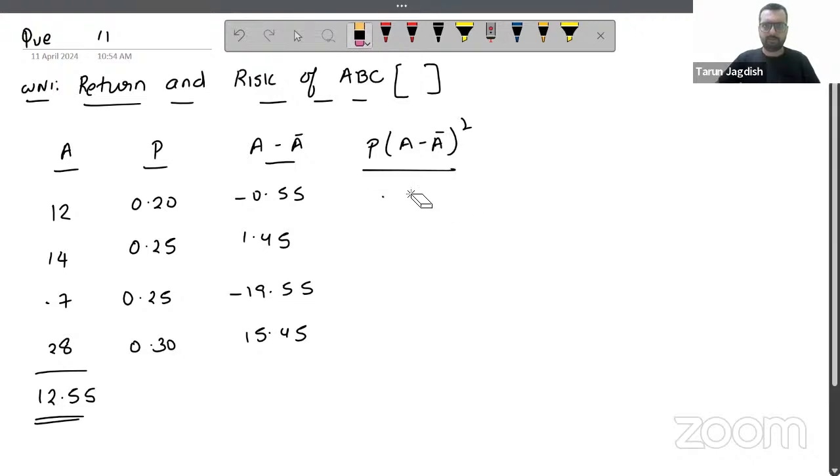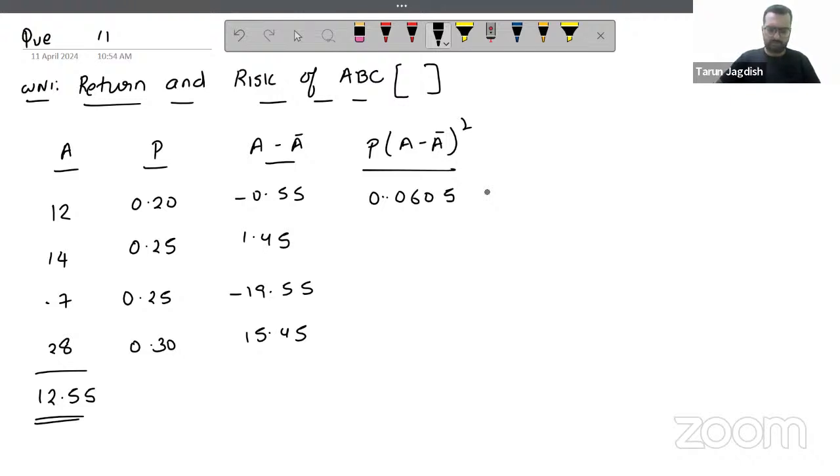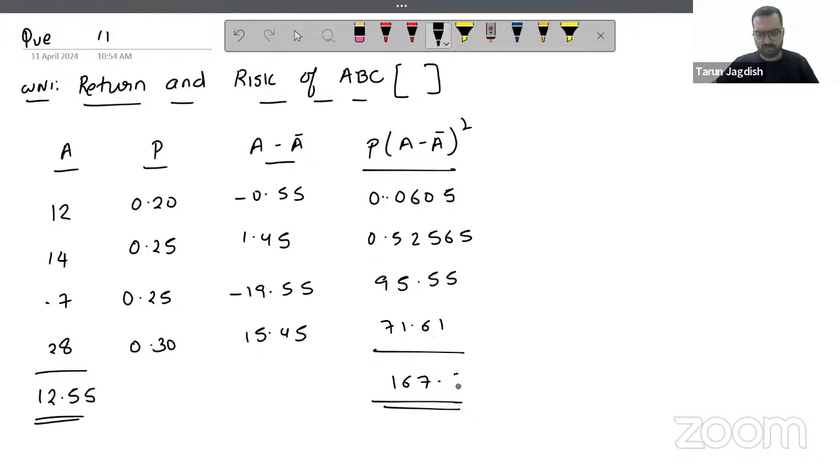0.0605. 0.0605. 0.52, 565. 95.55. 71.61. You will get the total as 167.74. Of this, we should take a variance. That will be